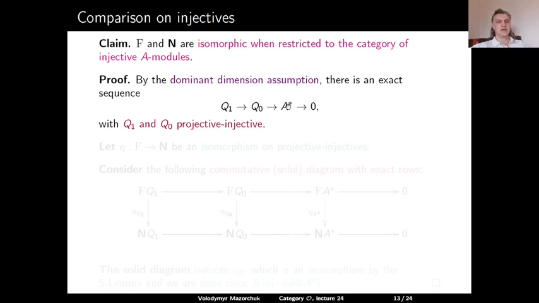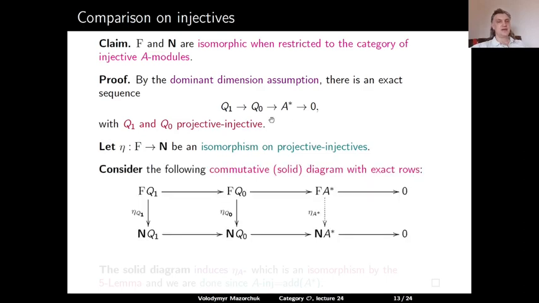So this means that the injective cogenerator A star admits a two-step resolution by projective injective modules. Let us choose some isomorphism eta between F and N on the category of projective injective modules. So applying the right exact functors F and N to this presentation of A star,